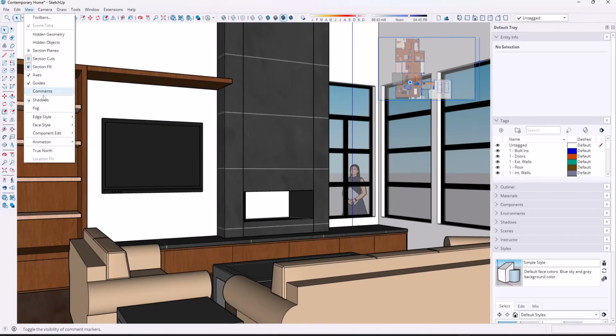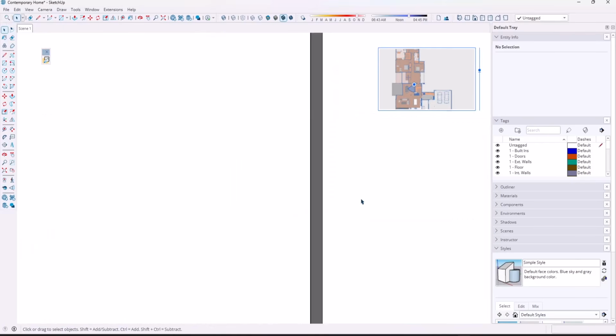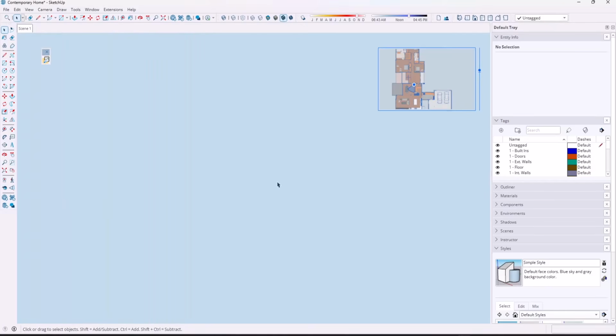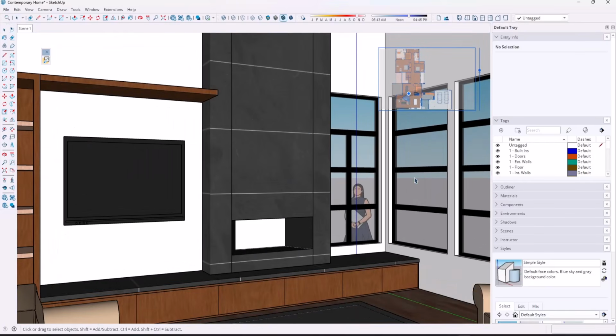But if I do a view, animation, add scene, that's going to save this camera. The cool thing about that is this little mini map pops up. Notice how if I move around in here, it's going to show me where I'm at on the mini map. And so in this case, what I want to do is add a couple more camera